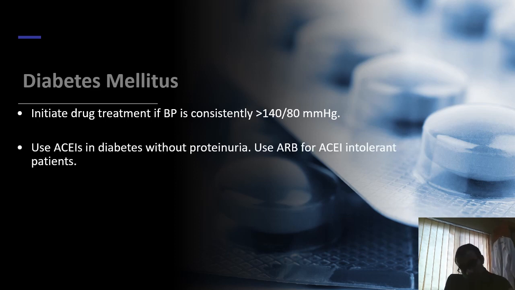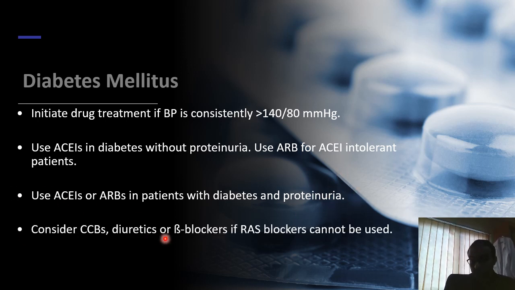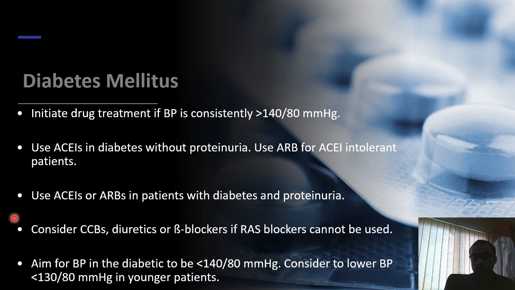140/80. ACE inhibitor, as we highlighted before, is the agent of choice. ARBs are also recommended, especially if the patient has proteinuria going on. Consider CCB, diuretic and beta blocker if we cannot give a RAS blocker for any other reason. You remember the contraindications when we cannot use ACE inhibitor. And the target for diabetics is to be less than 140/80, and consider lower than 130/80 if relatively younger patients are